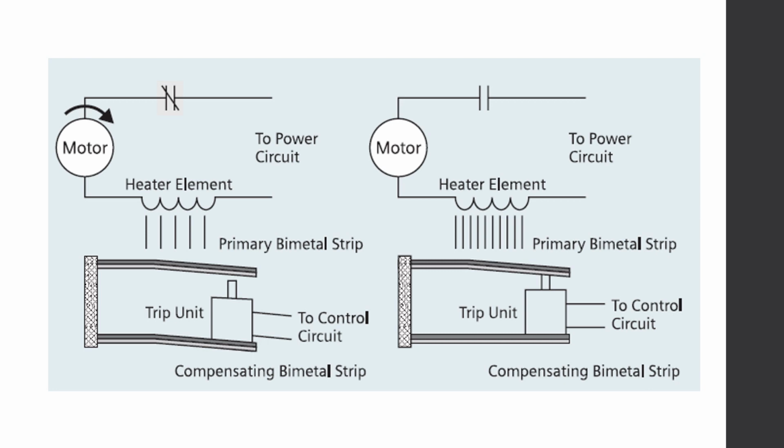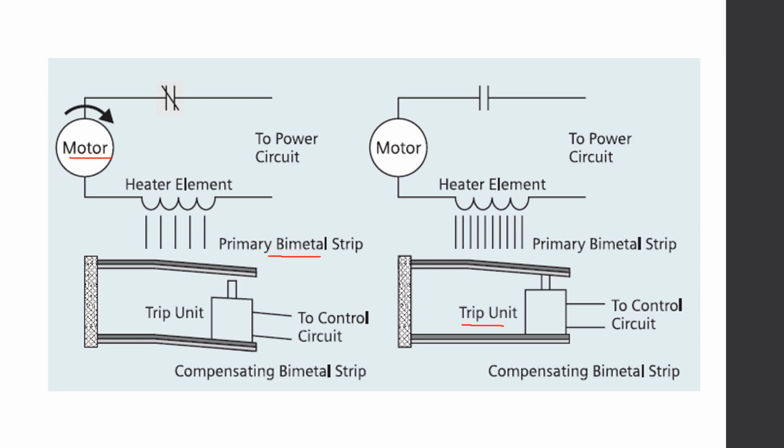This is another picture depicting how the thermal relay is used in motor protection. When the current increases beyond the preset value, the heater element will change the shape of the bimetallic strip present, and therefore when the shape of the bimetallic strip is changed, this will make the connection with the trip unit. Once the connection is set up for the trip, the trip unit will either send the command to the control circuit or completely disconnect the motor from the supply.